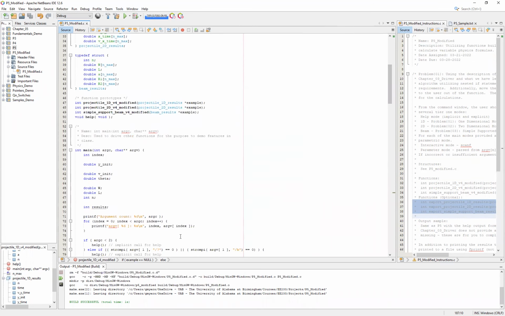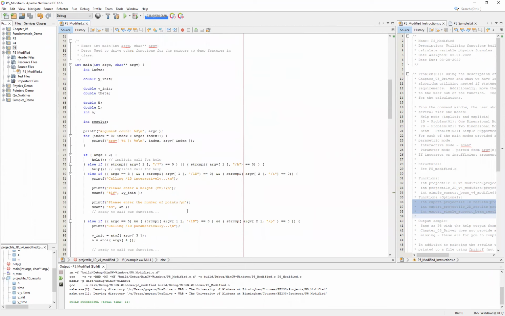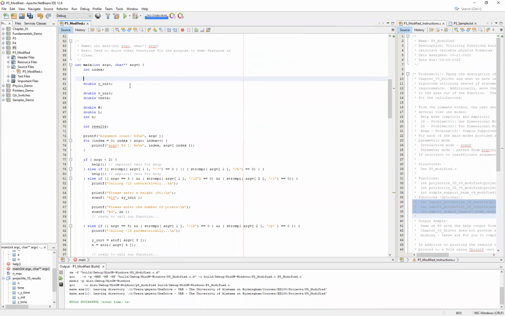And as I mentioned before, what we're going to do is keep the same structure in our main. All the switches stay the same. We're still going to collect the data from the user. In this case, we're focusing on our 1D I. But the difference is we're going to take those values and insert them into our example structure, which means that in addition to our y_init, to accomplish this,